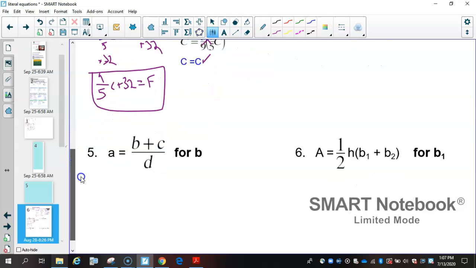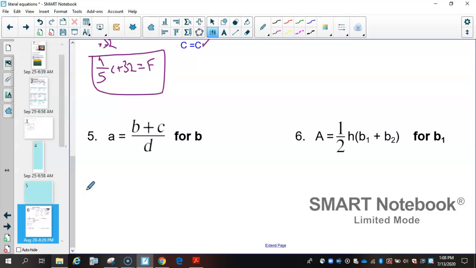Right? Moving on. For number 5, we have to solve this for B. Notice where B is, and your first thought may be get rid of the C, which wouldn't be invalid. That just wouldn't be the first thing you can do, because we can't get rid of the C because everything is being divided by D. So in order to solve this, you have to get rid of D first. So I'm not going to solve this one completely. I'm just going to put that as a first step